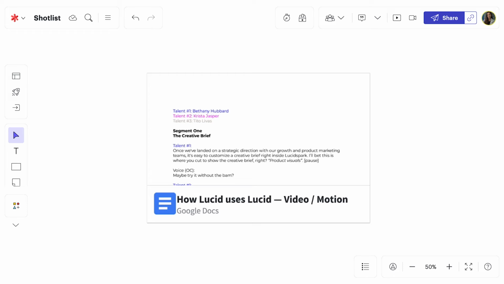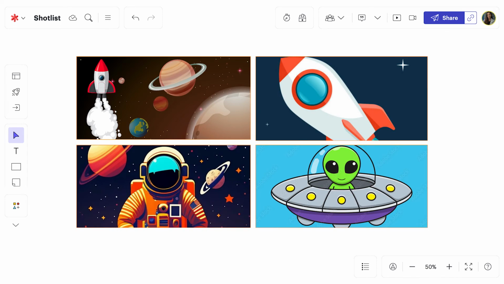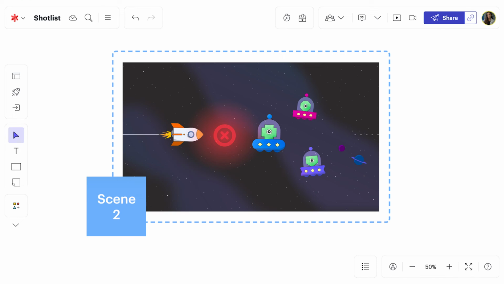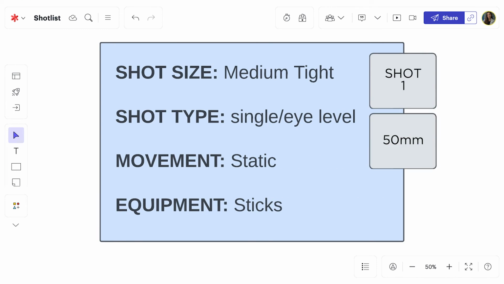Now that we have a final script, we've identified a look and a feel with our mood boards, and we've identified a visual blueprint with our storyboards. We can create a detailed shot list to help us know exactly what and how to film each shot during